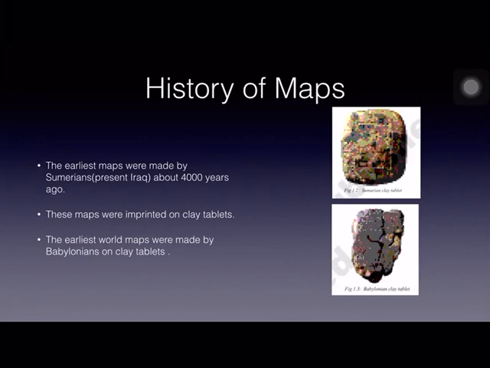By imagining the world as a round disk, they made these maps. All the cities, villages, rivers, and mountains were within the inner circle. If you zoom the picture, or see it in the textbook also, within the inner circle all the cities, villages, rivers, and mountains were shown, and cities are shown like small circles. The city of Babylon was in the middle, because it was made by the Babylonians, they made the city of Babylon in the center.